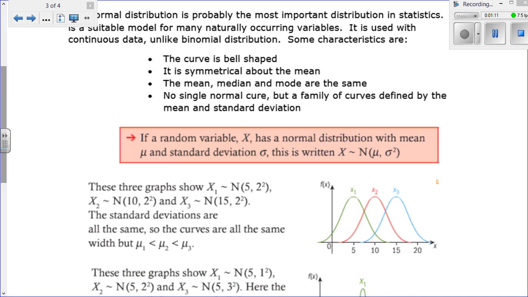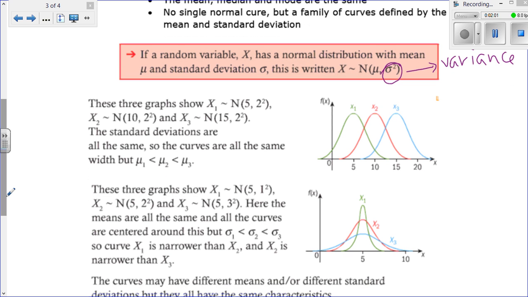So if a random variable x has a normal distribution with a mean of mu and a standard deviation of sigma, then it's written as x, with the squiggly, N(mu, sigma squared). Remember that sigma squared is the variance. When we're looking at these, they don't square the number, they just put sigma squared, so you can see the standard deviation. Okay,